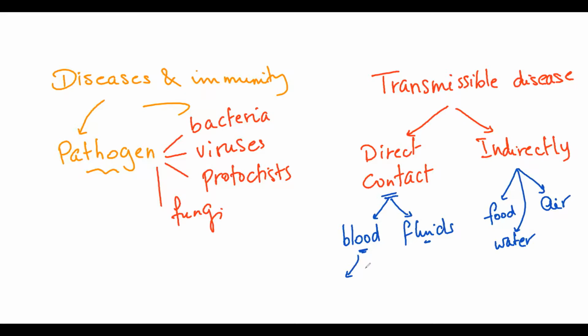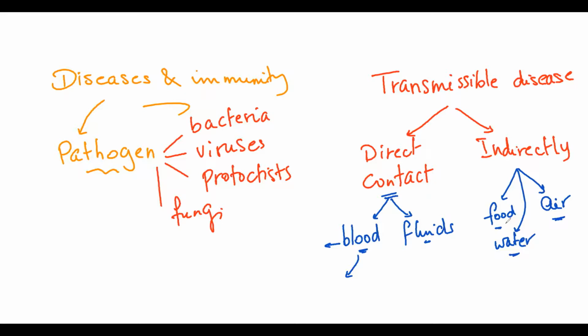If the injected blood is contaminated with bacteria, the other person is going to catch a disease, because the unclean, infected blood is going to come in contact with the blood of the healthy person. But for the droplet or the airborne infection, waterborne, foodborne, it means that the bacteria are found in